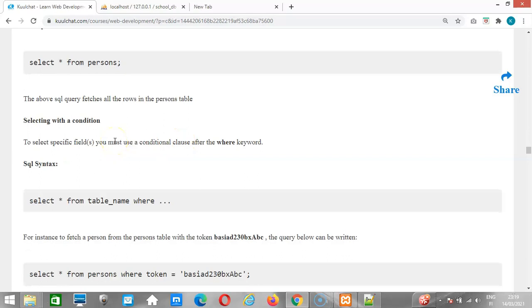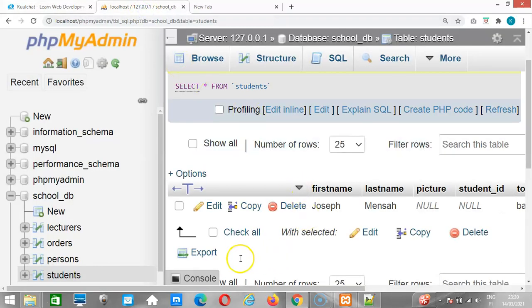Now, if you want to select with a particular condition, so maybe you want to select a particular row or a number of rows which match a particular condition, then we use a where clause. So we write the condition after the where. After the where, we write our condition we use to filter our result or to check which column match that condition. So for example, in my student